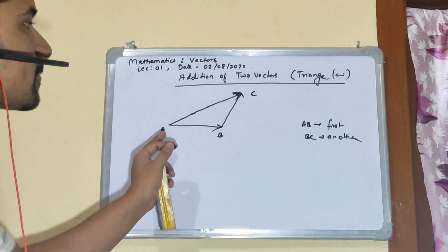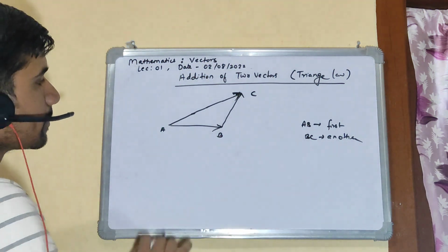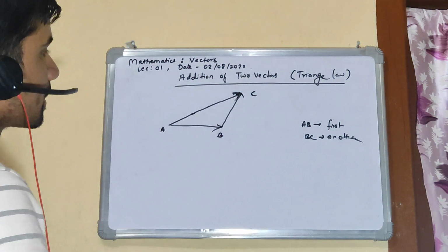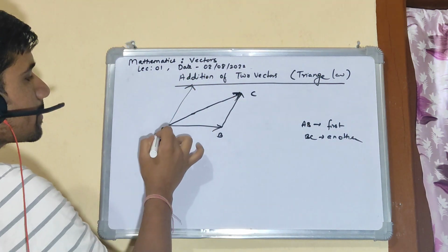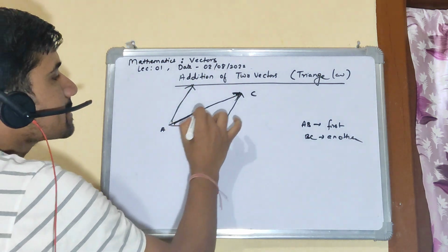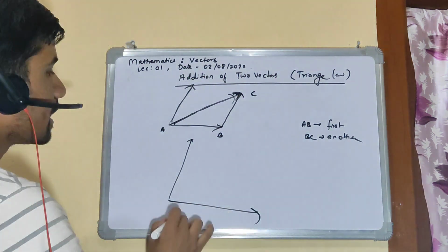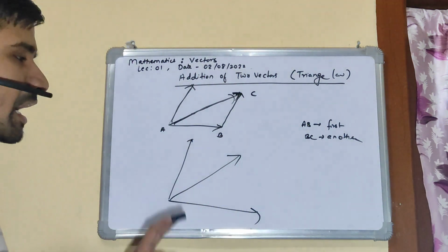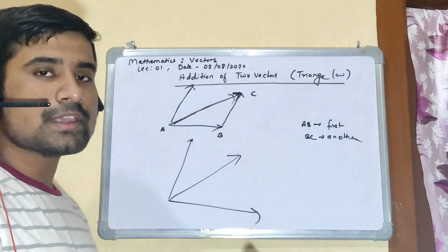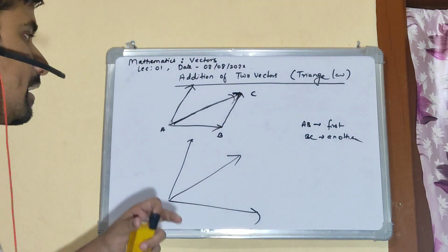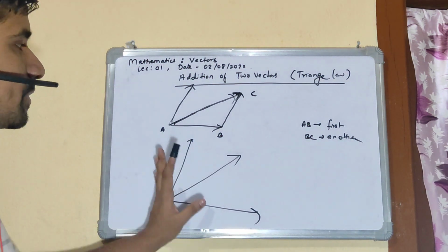As I just explained, a vector can be projected anywhere parallelly, right? So let me try to project this vector. If I project this BC parallelly to this AB, it will look something like this, and this is still my resultant, right? I'm not bothered about the value or the direction, everything. I'm just telling you how we can determine the resultant. So this is the simple way of finding the resultant, right?